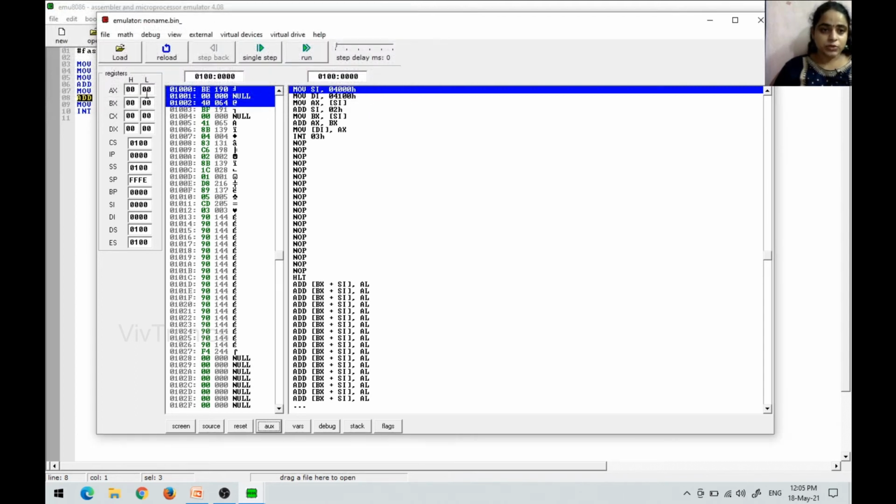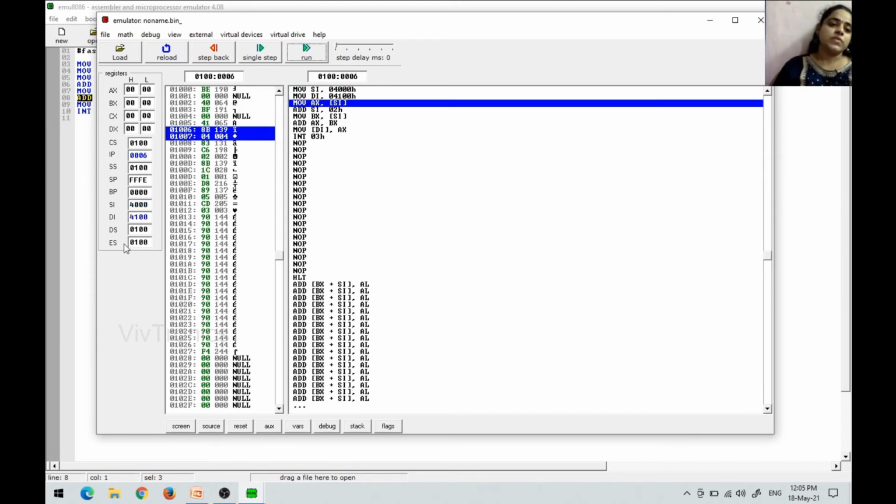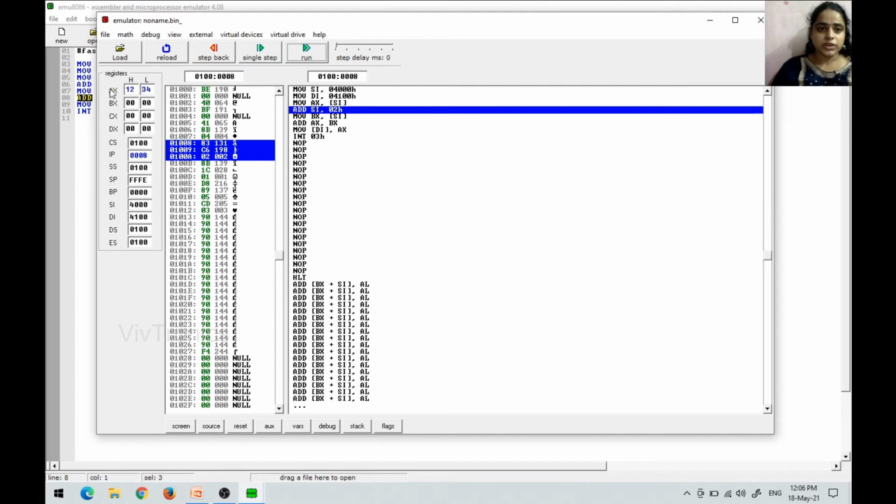So MOV SI, you can check on the left side that all the registers are empty. Now MOV SI, 4000 in single step execution mode. After execution of this instruction, the SI register holds 4000 and the instruction pointer is at 3, and the next instruction is MOV DI, 4100. Now DI is at 4100. Then MOV AX, content of SI is executed. The AX register holds 1234. And ADD SI, 02H